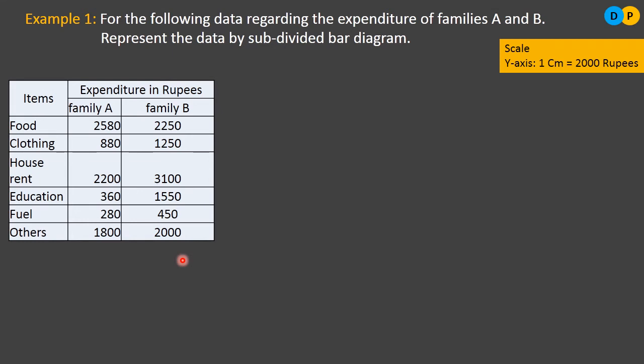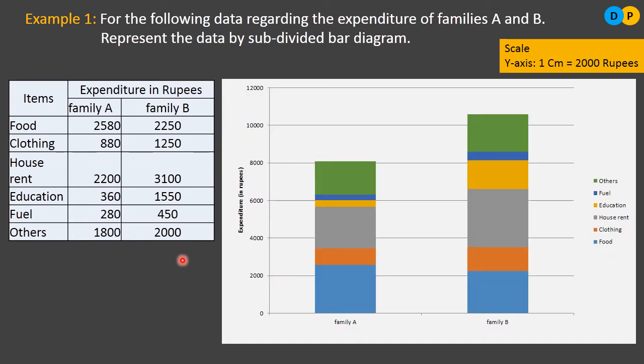So now let us have a component bar diagram. This is how it looks. This is family A and this is family B. In order to differentiate each component, each segment, here we have colored them. Either you can also go for shading different patterns. And you have to go with the index. It is must and should, because in order to identify which component is indicating what, you always have to go with this index. So this is how you can construct a component bar diagram.